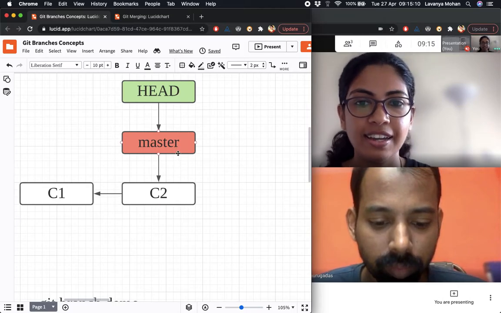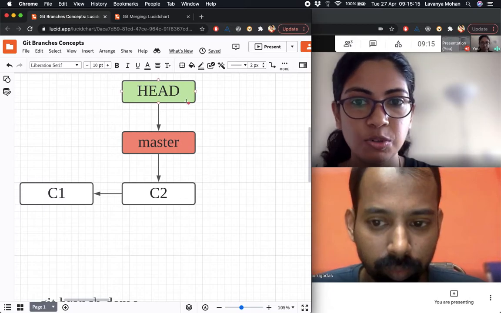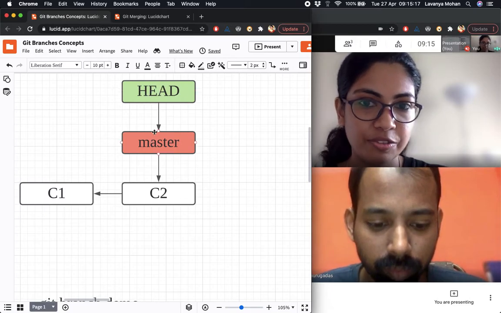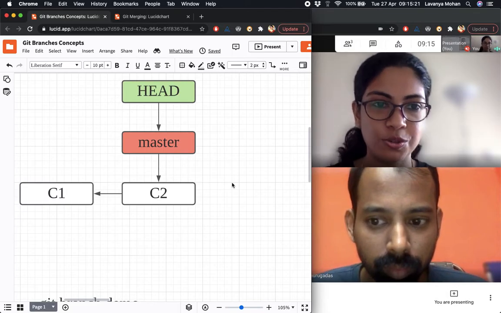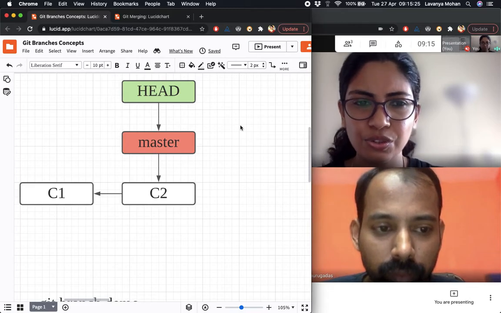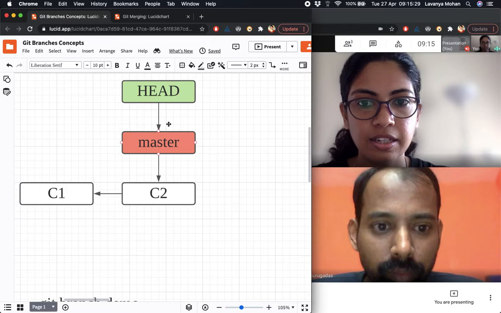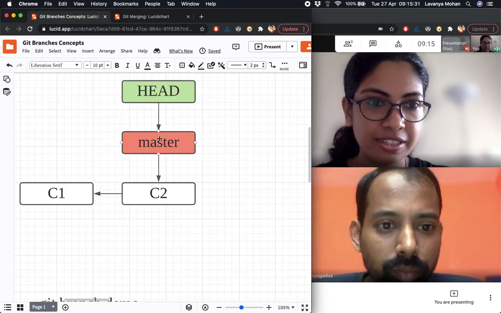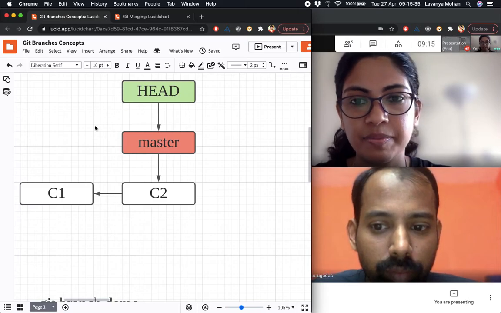And let's say we want to work on that other branch, then it would just mean moving the HEAD from master to that other branch, and that would mean going to that other branch and working on it. So the concept is pretty simple in that sense. If you start imagining it as pointers, it'll be easier to understand what's actually happening internally.